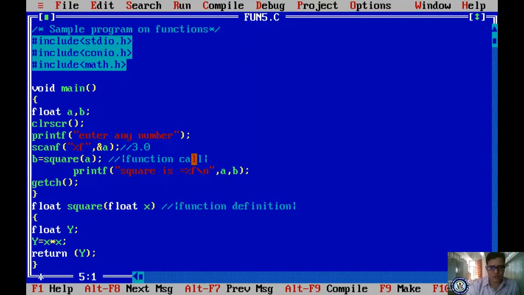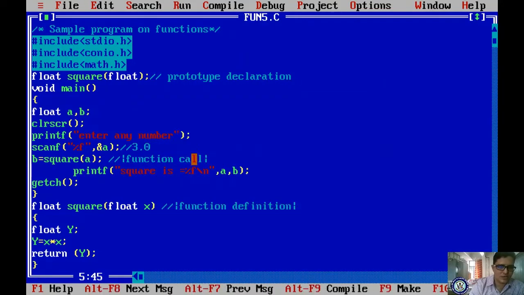So now let me add the prototype declaration, that is float square of float. Likewise this prototype declaration is compulsory. After the prototype declaration, let me check what happens.